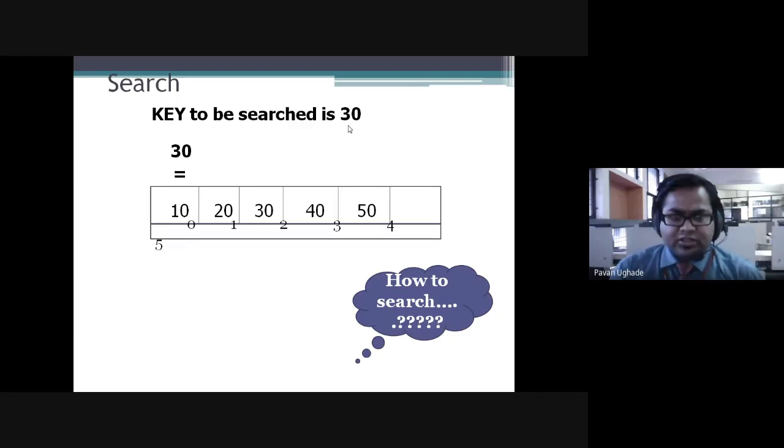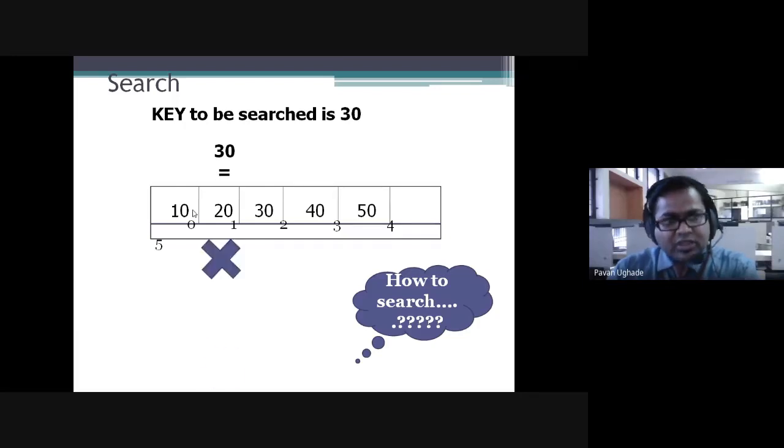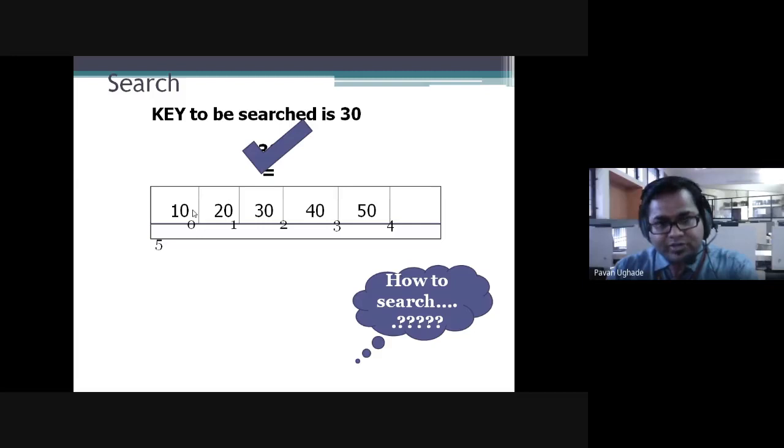See, we are checking whether 30 equals 10, that is a of 0. No, proceed. Then we compare with the second element, whether 30 equals 20. No, proceed. We'll go ahead with the third element. We are checking whether 30 equals 30. Oh yes, it means the key search is successful. We got the element and it is a successful search, right? If it is not, then it would not have been available. I hope you people are understanding.